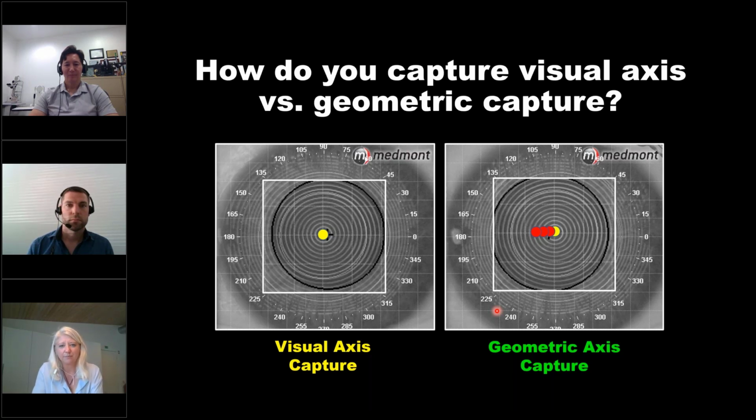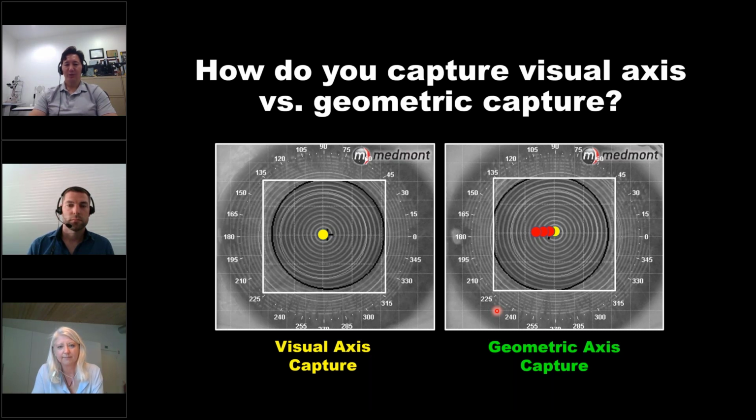So if the capture is too decentered doing the visual axis capture, there might be some errors induced, mainly in the periphery, and we want to avoid that, of course. If we do Ortho-K, it can give us some problems when we do the subtractive maps later on. Boy, it's such a good point that if we're trying to build a contact lens that we want centered,